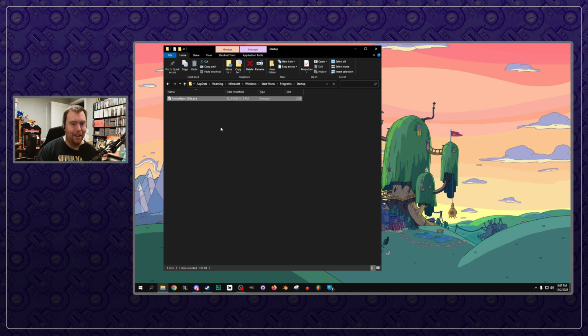I'm not doing that here because I don't want to accidentally mess my settings up and have to follow my own tutorial. So once you're done with that, drag it into here and your settings will start up on Windows